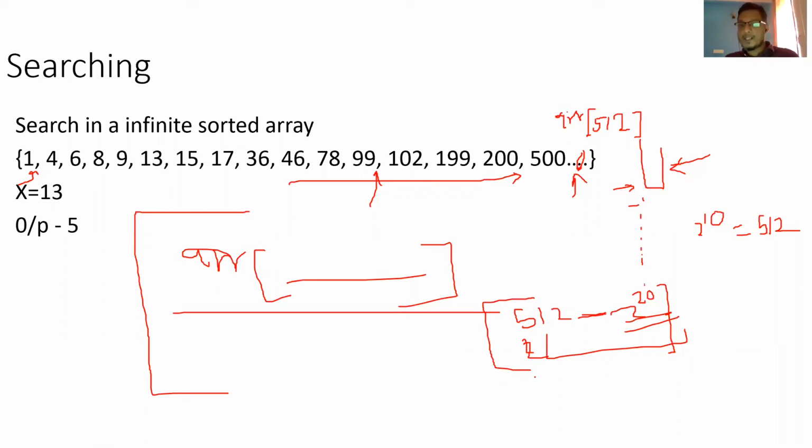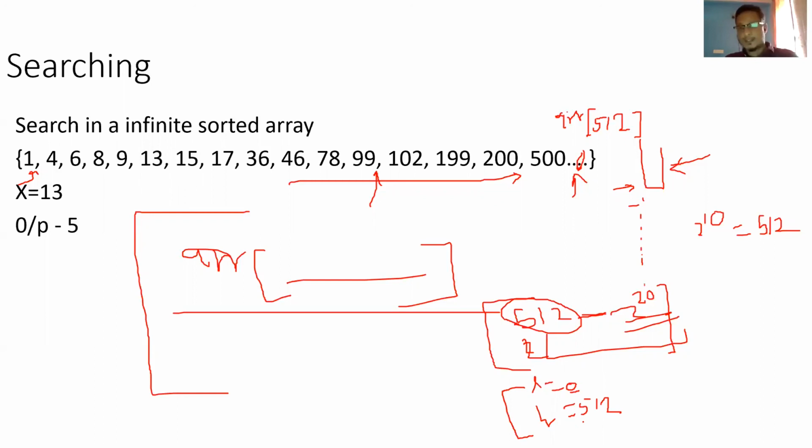I think so. That is required, because let's see, my low is 0 the first time, and I just went and calculated 512. I have not set my high yet. My low is still low. And at 512, I found that the item is less than array of 512. So my high will be 512 now. I will initialize the high and low here. So when I have both high and low, I will do my search operation.